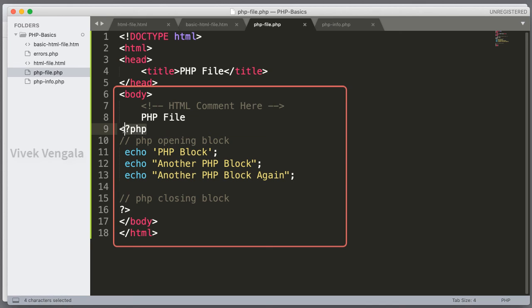And we have seen how to open a PHP block and how to close a PHP block, how to display text with HTML, and how to display text with PHP using the echo function, closing every statement with a semicolon, and closing every PHP block. If you want, you can add multiple PHP blocks in the same PHP file. You can do that, and we'll see that later in this series in the next videos.